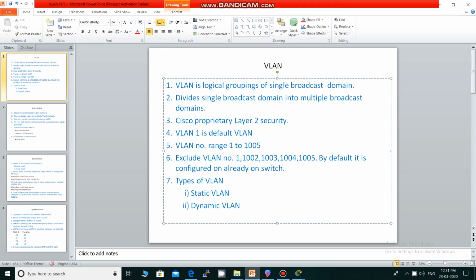Now, types of VLAN. There are 2 types of VLAN, that is static VLAN and dynamic VLAN. Static VLAN is very easy to use. It provides good security. Also we can assign ports to the VLAN manually. But dynamic VLAN is not easy to use. It's a complex one and does not provide good security either, and we need to assign ports to the VLAN automatically. So mostly static VLANs are recommended to provide security in the network.